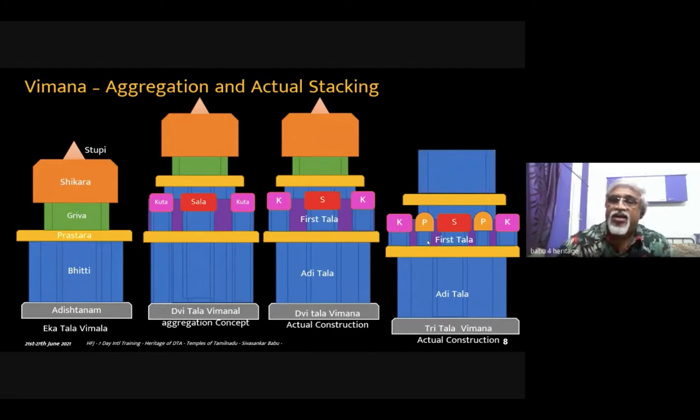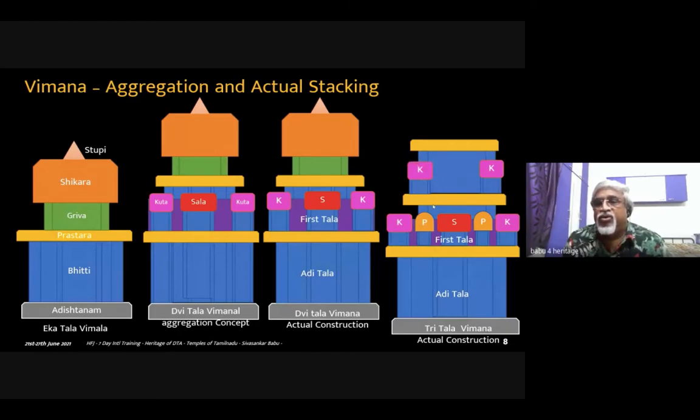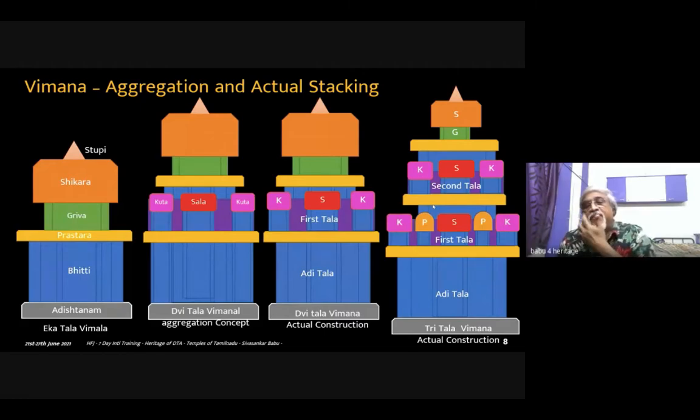Now second tala is built on top of it, continuing this wall and extending further. So on this, you first put two kutas and one sala, and it is almost width is full, so there is enough. So we build the harantara, and your second tala is complete. Then you go and build the griva, and then shikara and stupi. So this is our Tritala, and like that, we can build up to 14 layers as per Agamas, and all these